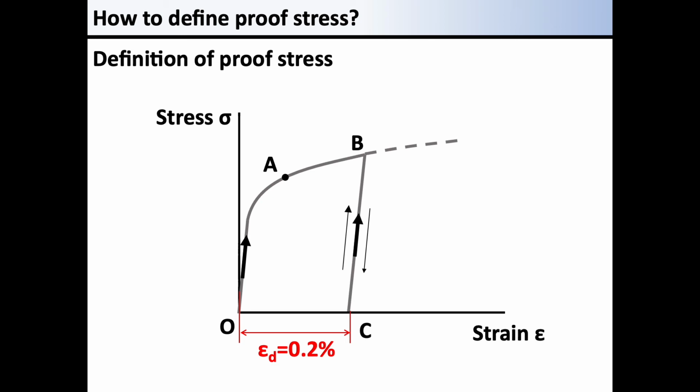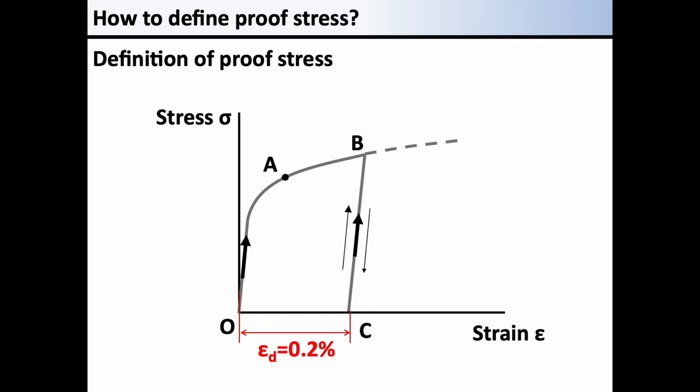As already explained a bit, how to define the yield point is a problem, especially for materials without a clear yield point. So, the proof stress is generally used as a substitute for the yield point. Basically, a clear yield point does not appear except in mild steel. The stress that gives a permanent strain of 0.2% may require repeated testing to directly determine it.